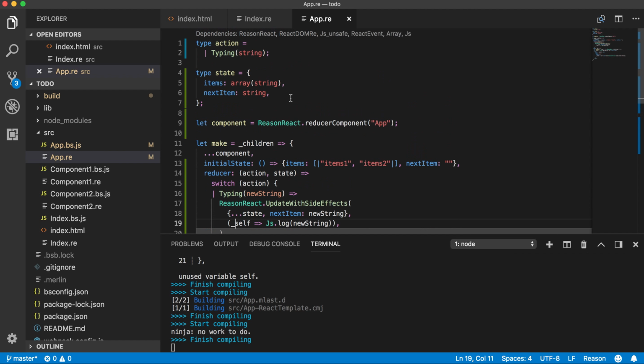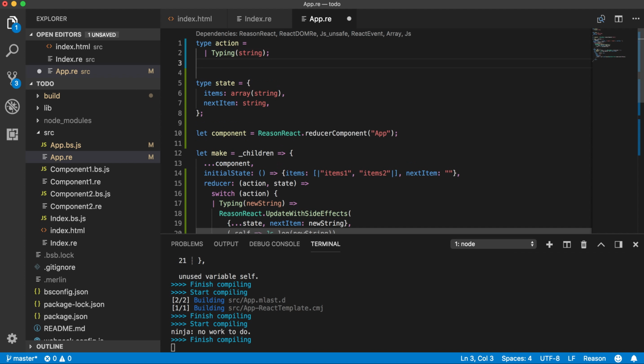So I need another action. As I'm typing, that's one form of action, but maybe when I hit enter, that's another form of action. So that is add item. Let's see, I don't think it needs to take anything. Oh, maybe we do need to take something, because we need to know if the enter key was hit. So add item should take the,